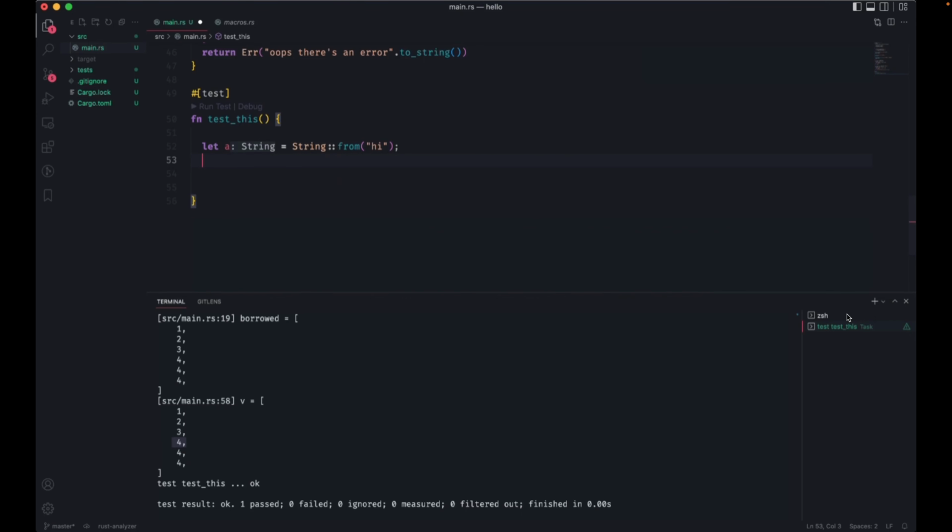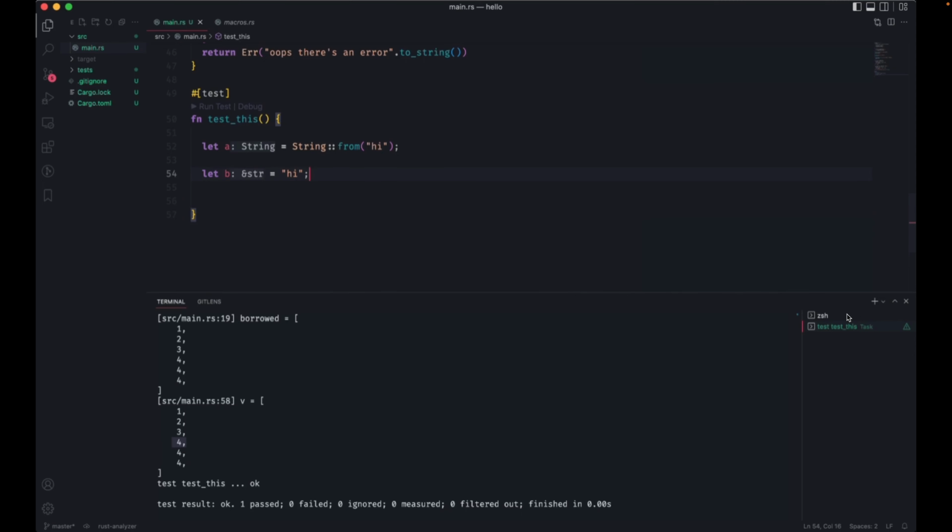If I want to get a reference, and this is the thing that's really confusing about Rust, and I do this, "hi", see how my VS Code is giving me a hint on this? It's giving me an ampersand str. What is str? It's a similar thing that we saw with vec. It's a pointer to something, right? But in this case, it's weird.